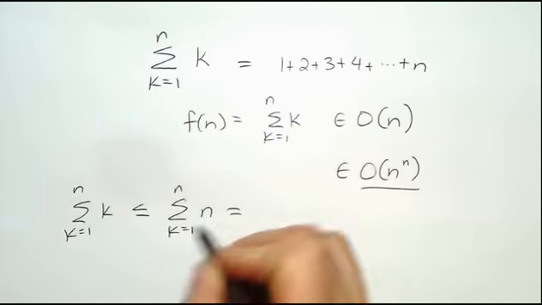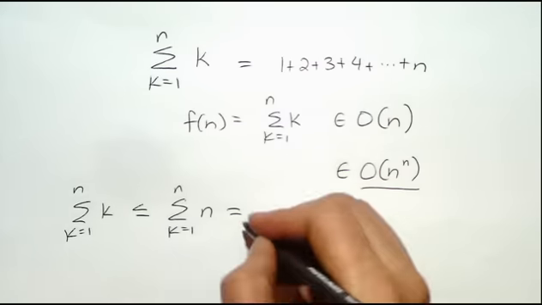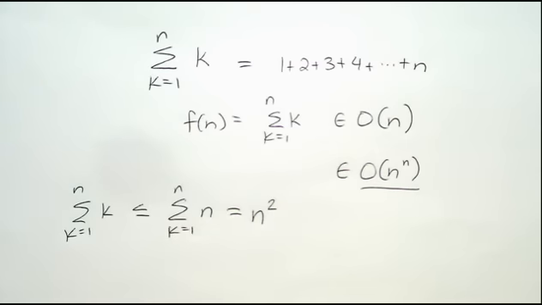Well, what is this number equal to? It's n times n, right? That's like take n and add it to itself n times. That's what it is. It's n squared. So this is probably not in big O of n, right? But it was a sum, and the largest term was n. So we couldn't just look at it and say the largest term is n, so therefore it's in big O of n, because